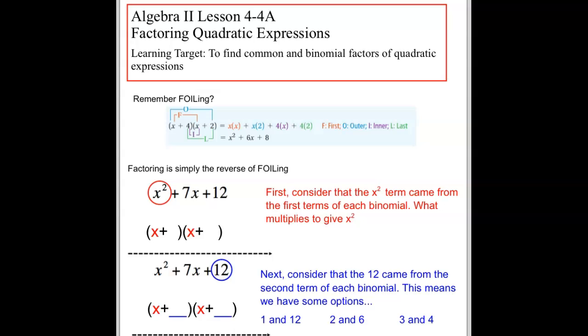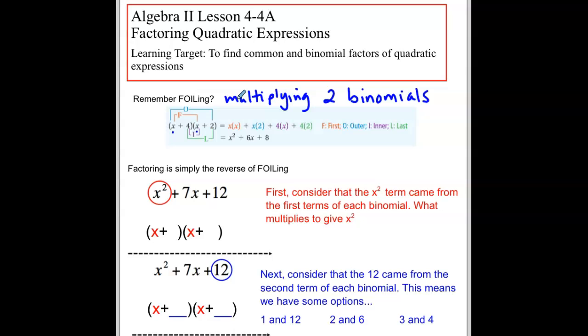To do that we have to remember how to FOIL. So foiling stands for first, outside, inside, last. And it's really just a way of multiplying two binomials. Okay? And foiling, we take the first term, so we take x times x and multiply those together, which gets